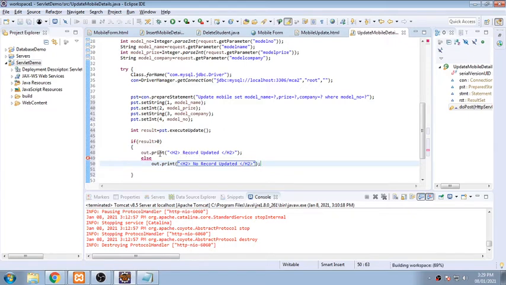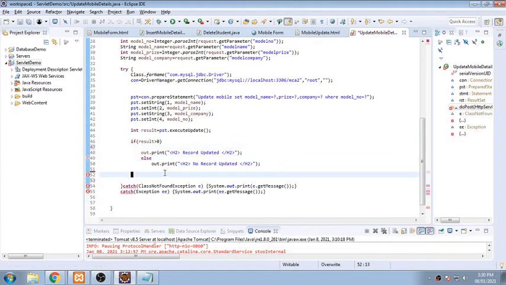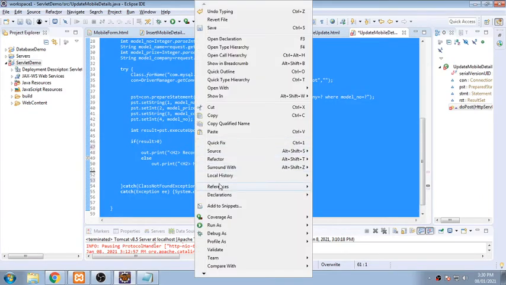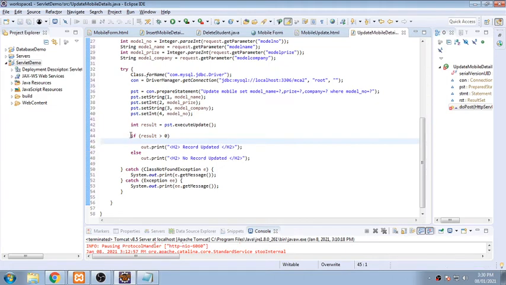So okay, are you clear with this? Shall we go for running this program now? Yes. Yes, sir. Okay, so there is no need of writing a bracket over there, because there is only a single statement. So I'm copying and formatting it, so it will be very systematic in front of you.